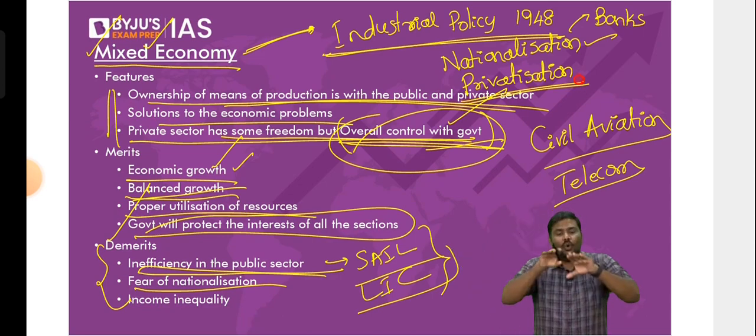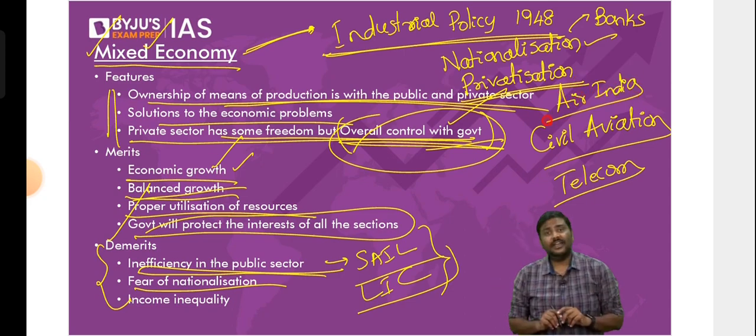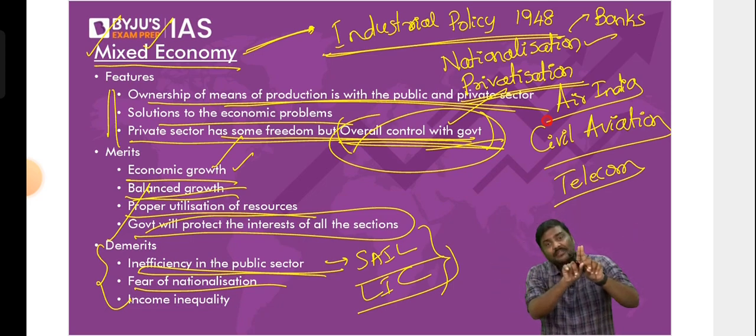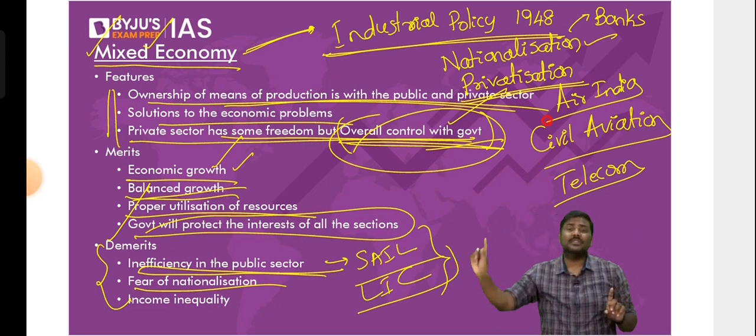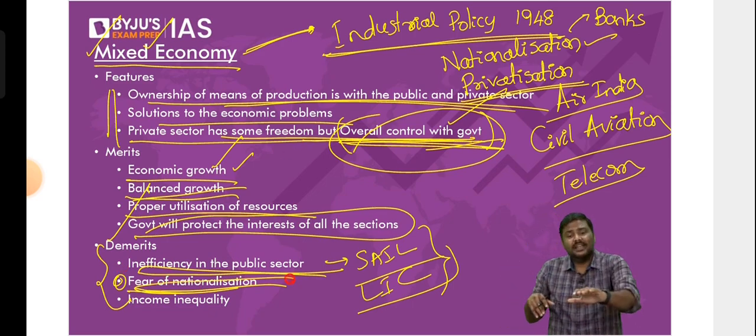The opposite of that is privatization. Ownership is transferred from the government to the private sector. A current affairs example is Air India. Air India until now was owned by the government of India. Now it has been transferred to a private sector company, that is the Tata company. So whenever privatization is done, ownership moves like this. Whenever nationalization is done, ownership moves from the private sector to the government. Because I said the complete control of the economy is with the government, there is always a fear in the market that the government might simply go for nationalization.